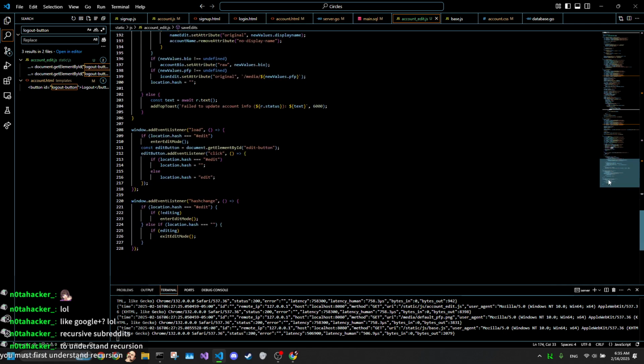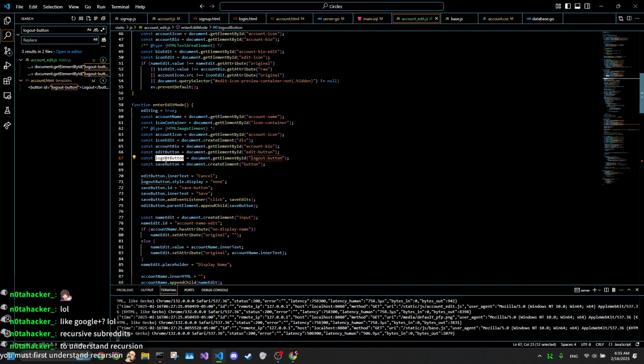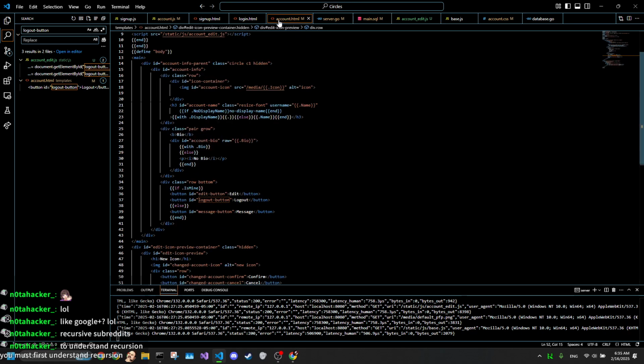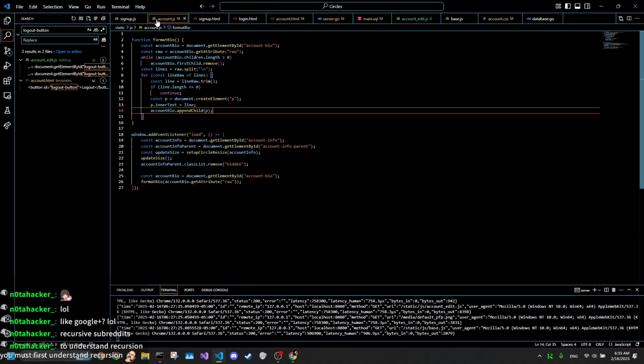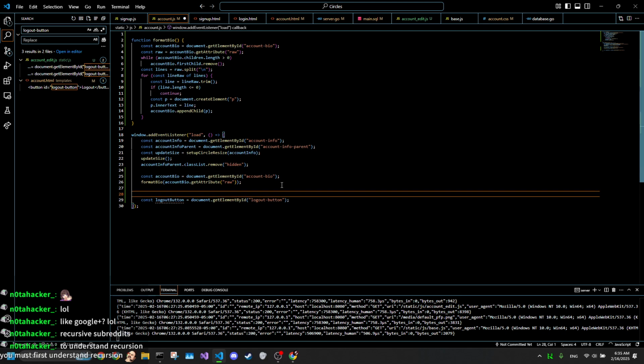Sure. Oh, because it gets hidden. Okay. So I should still be getting it in here. Logout button,